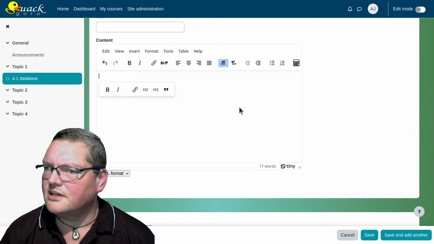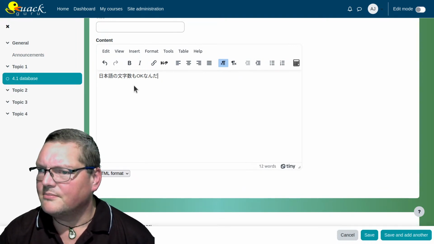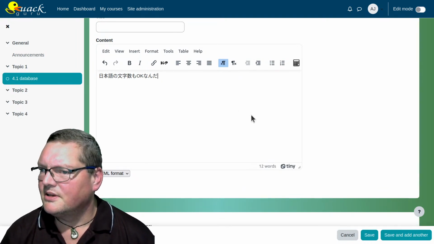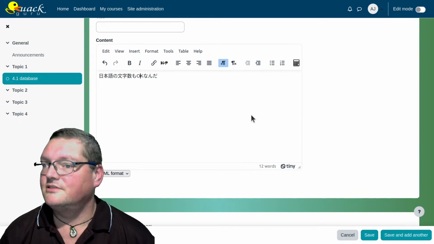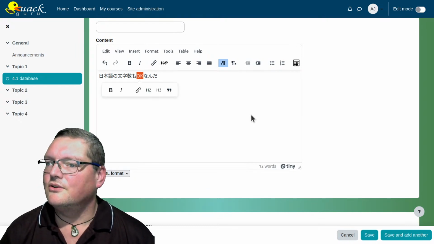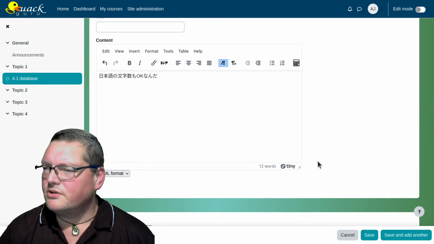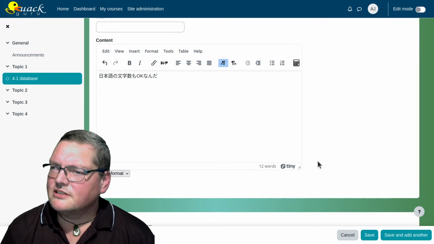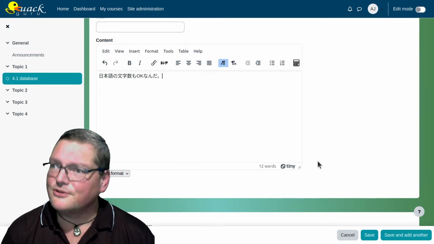Actually, that's a thing to wonder. If I start out with Japanese, does it default to... No, it's going to do that weird thing about 12 words. Okay, but it's seeing okay as a single word, and it's seeing all the rest of those as characters. Okay, that's sort of forgivable, I guess. That's not exactly true, but